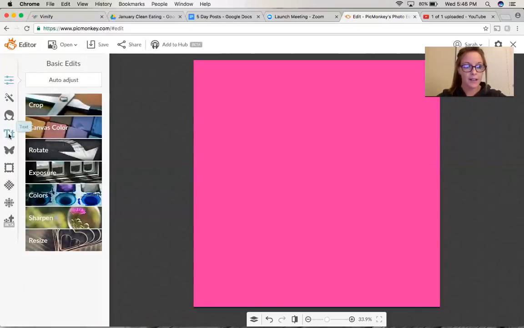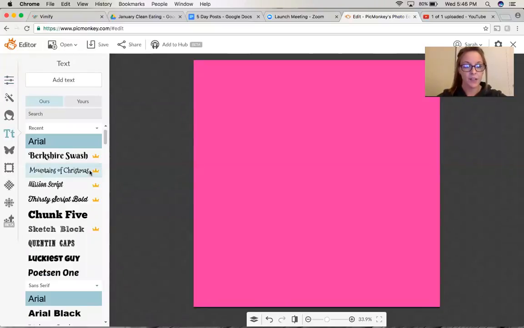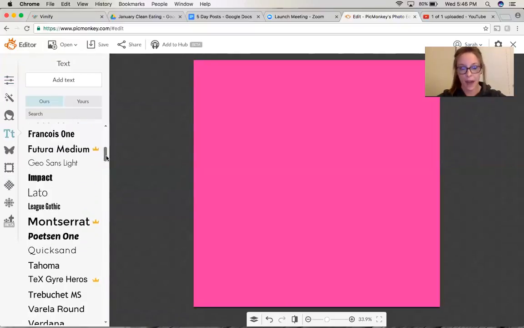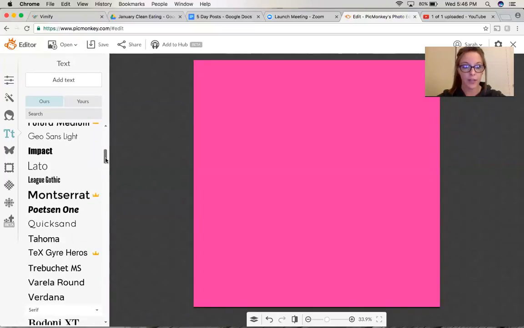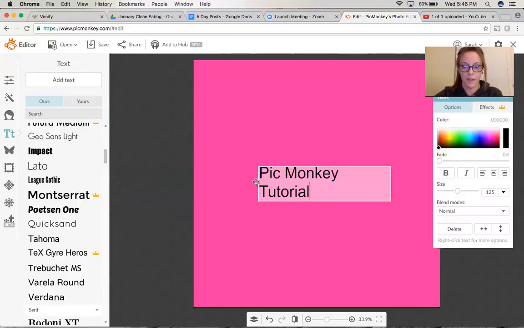But down here is text. And you can see there are tons and tons and tons of text. Anything with a little crown by it, it represents that you have that font if you have the premium membership. Anything without a crown by it is totally free for you to use. So let's add some text. All right, so